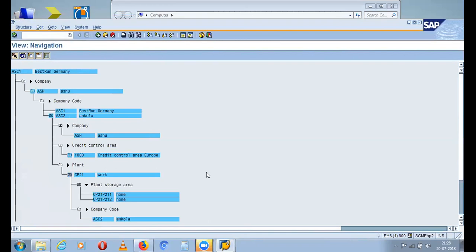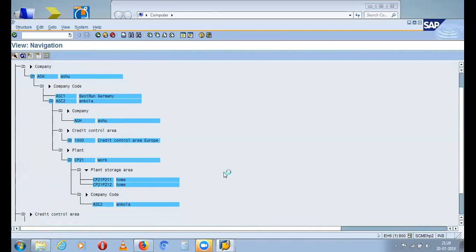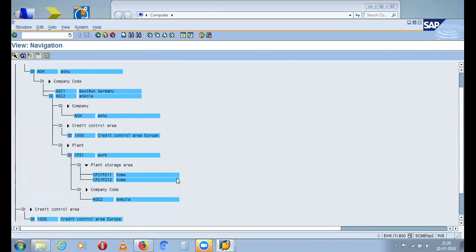No, two storage locations are there. Scroll down. So you have two storage locations, that is P211 and P212. Is it? Yeah, ma'am. Okay, fine.